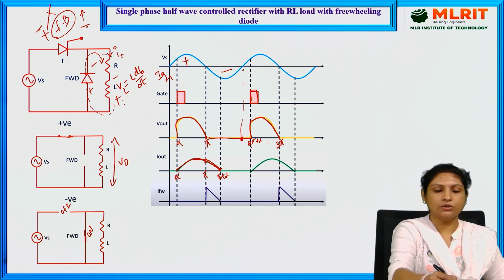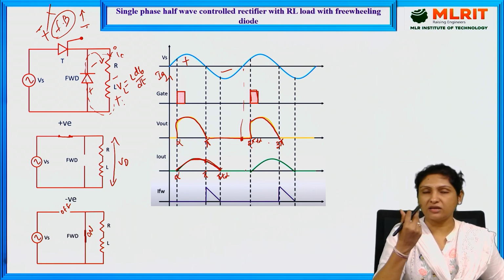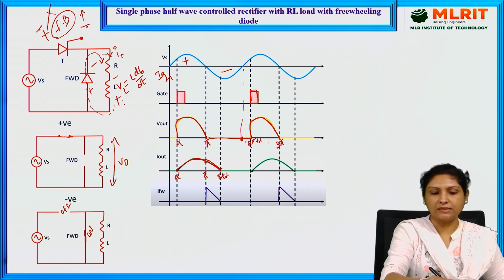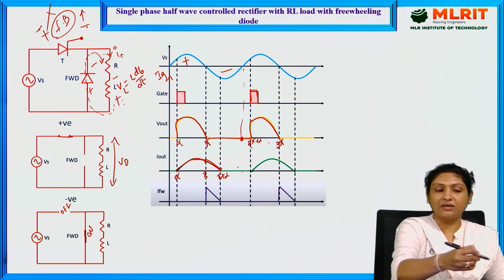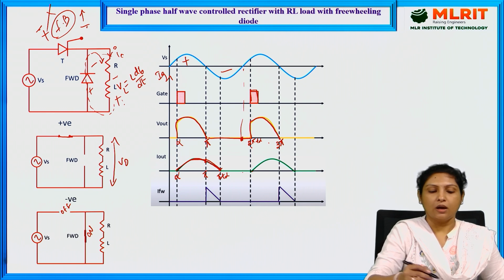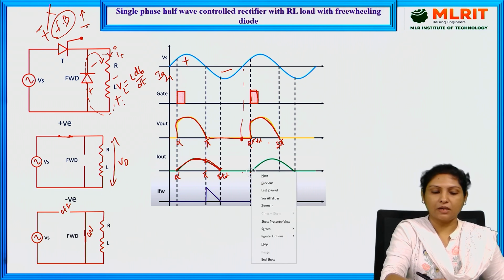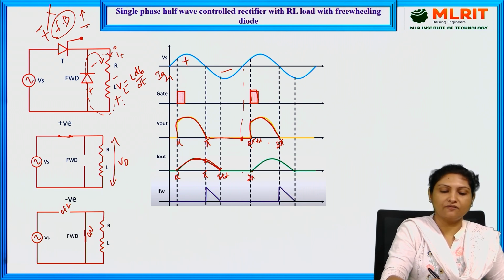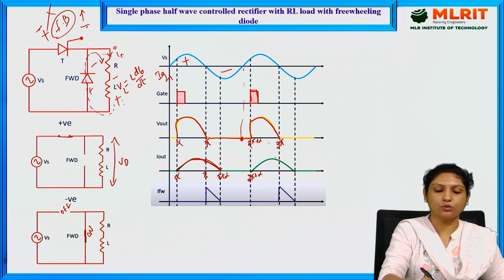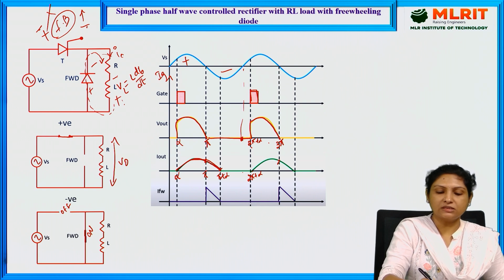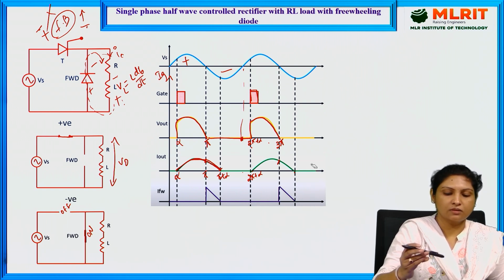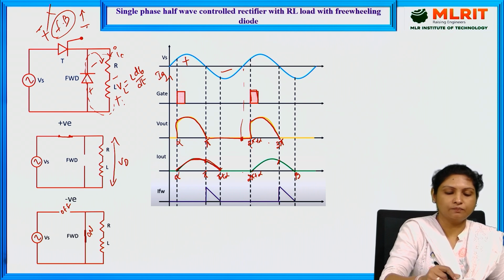And again, during the negative half cycle, the thyristor doesn't conduct and the output current remains zero. At this instant, 2 pi, the thyristor is again forward biased, but it will not conduct until we provide the triggering pulse at 2 pi plus alpha. That is how the thyristor again conducts current through the load. And from 3 pi to beta,